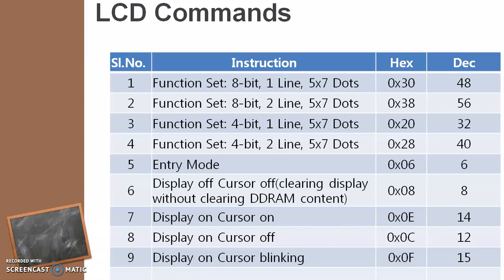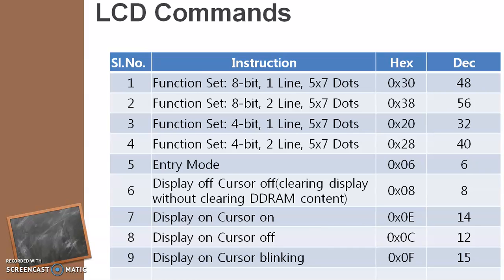Display as well as cursor on, I should give the command, it is E. Display on but cursor off. Only the LED in your LCD display, that alone will be lit up to make the display on. Okay, so you could have seen that LCD display, it's coming in green color. So that is what is called display on, cursor off, for which the command is C.